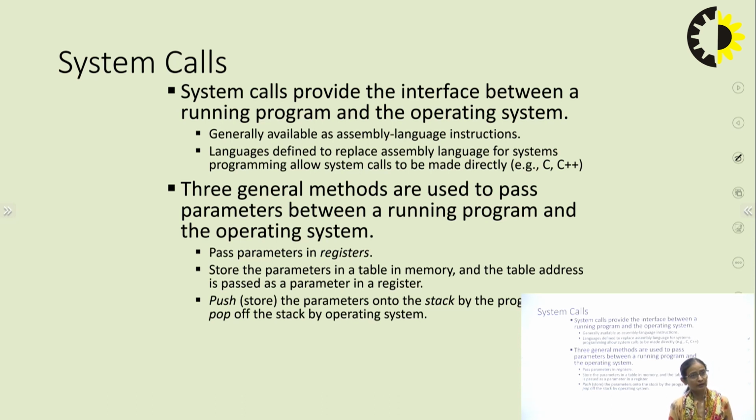That is, if we have the system calls written in C or C++, then we can directly call them through our program. Three general methods are used to pass the parameters between a running program and the OS. The first method is to pass the parameters in the registers. Or store the parameters in a table and pass this table address as a parameter in the register. Or the third mechanism says to store the parameters onto a stack by the program and pop off the stack